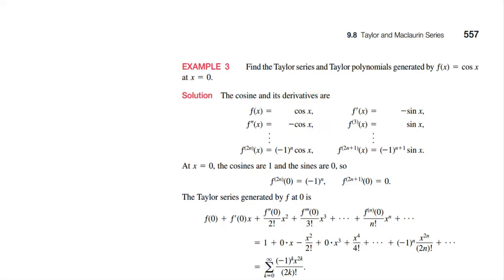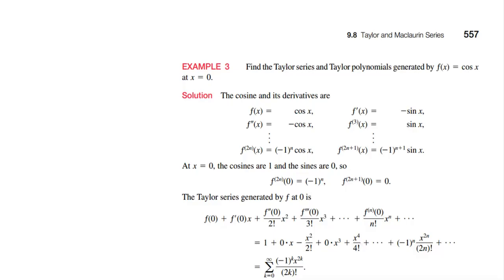Example 3 wants us to find the Taylor series and the Taylor polynomials generated by f of x equals cosine of x at x equals 0. Right, the cosine and its derivatives are f of x equals cosine of x, f prime of x is negative sine of x, f double prime of x is negative cosine of x, and the third derivative is sine of x, and then it cycles, right? It keeps on going,